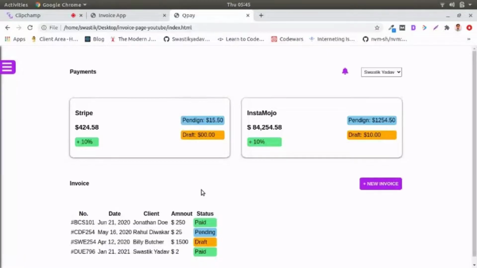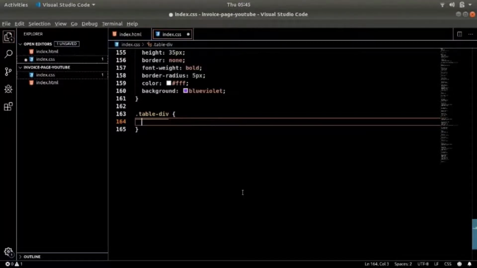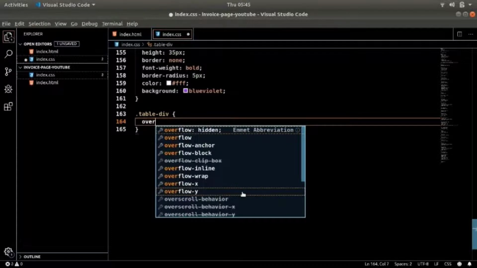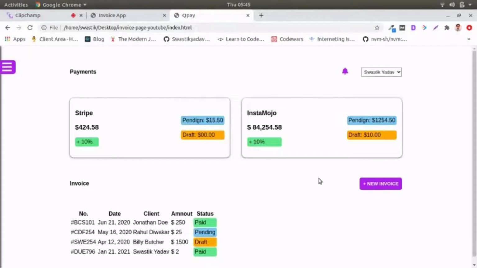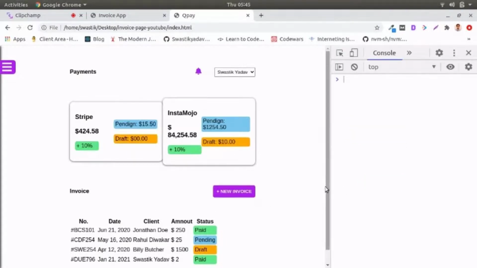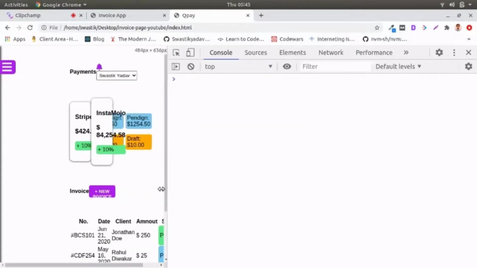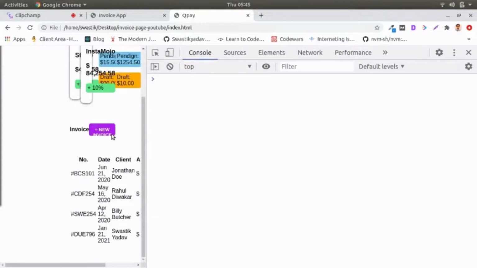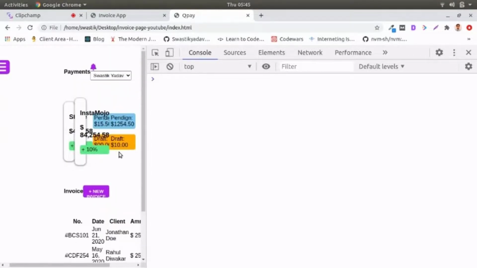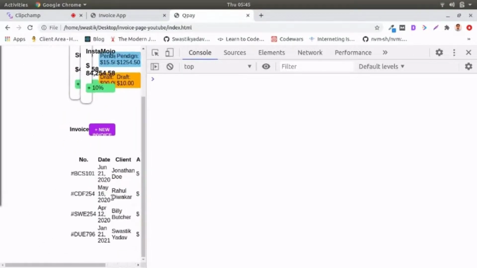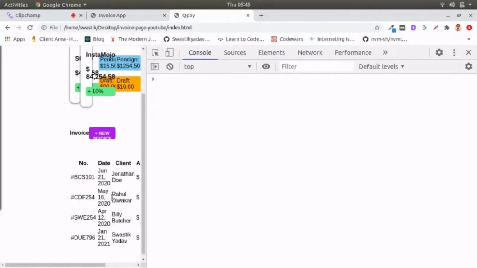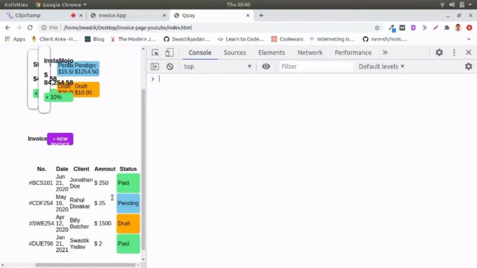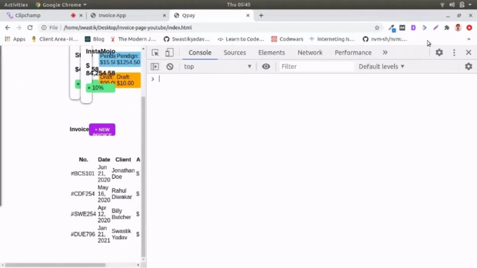For the table div, I will add an overflow X, because if I go to a smaller screen, you see what happens. We will make all these responsive, so don't worry about that. What happens is, I want it to have a small scroll bar horizontally which will scroll it like this, and this won't affect the page.